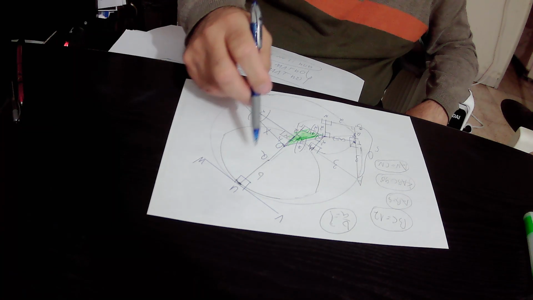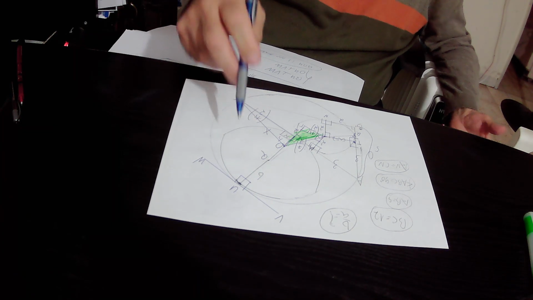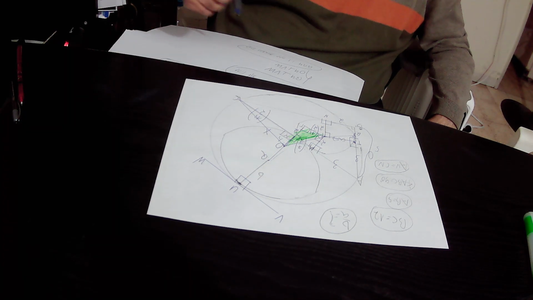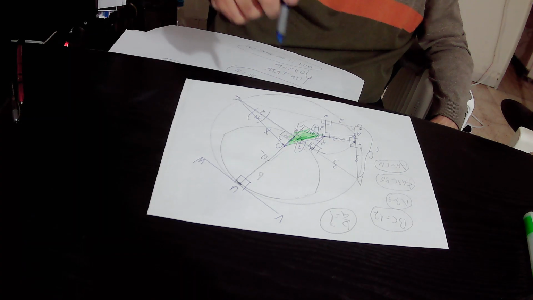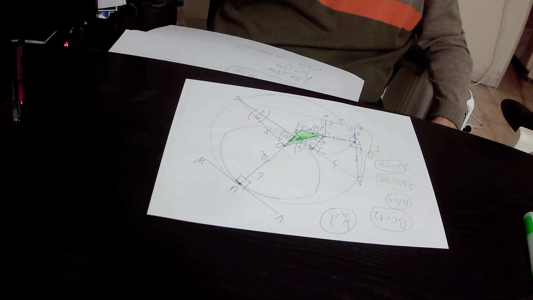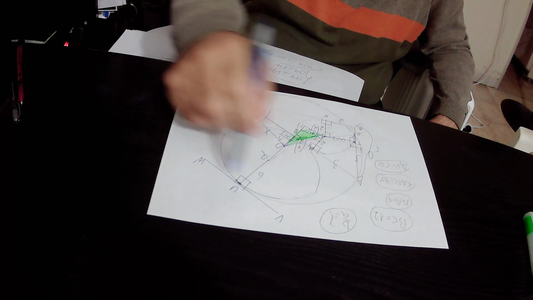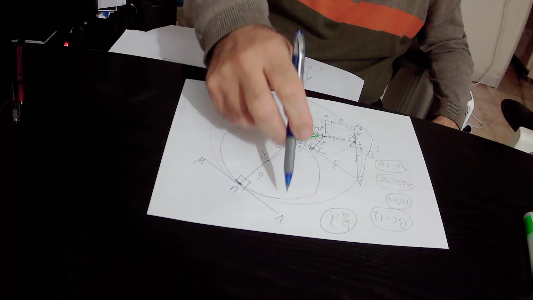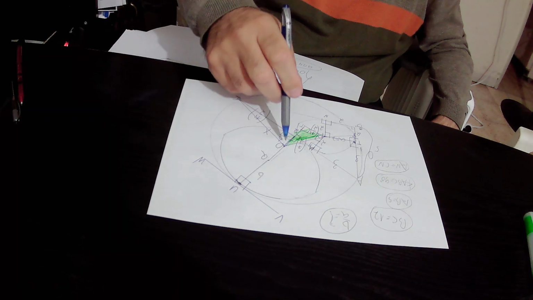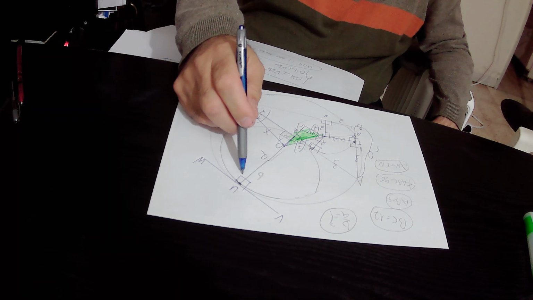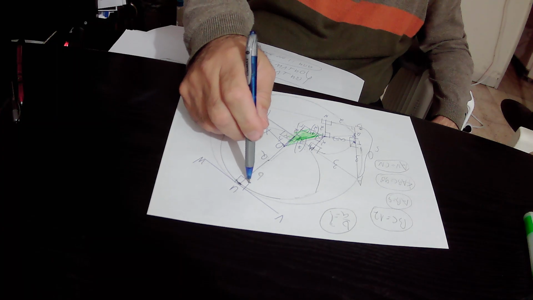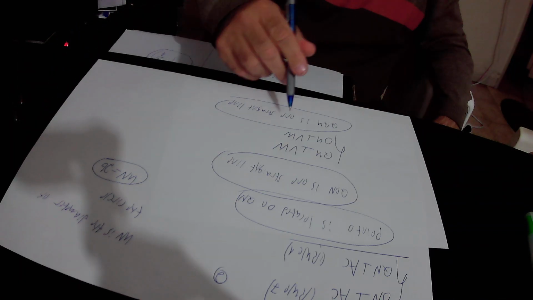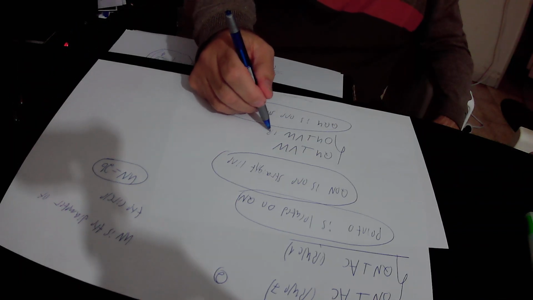The radius OU of the biggest circle is drawn to point U, that is the point of tangency of tangent VW with the biggest circle. And whenever you have a radius that is drawn to the point of tangency, then tangent VW will be perpendicular to the radius UO. If VW is perpendicular to UO, it means that this angle equals 90 degrees and this angle equals 90 degrees according to rule number 1. So OU is perpendicular to VW, rule number 1,